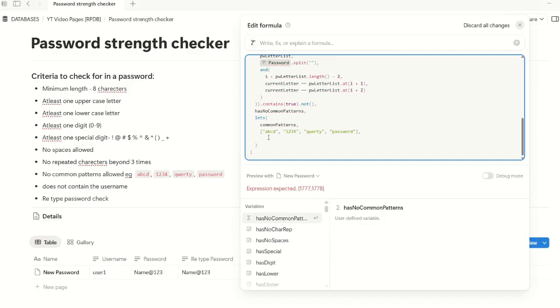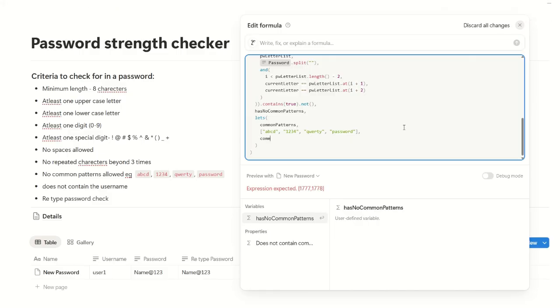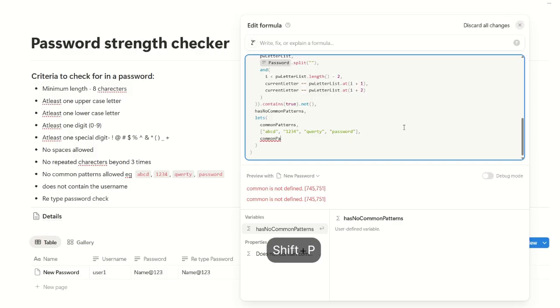What we have to do is we have to map through each of these patterns in this list, and then we have to check if that is in the password. And if that is in the password, we need to return a true. And at last after that, we need to check if there is any true in this list. And there should not be any true in this. So if there is not a true, we need to return true, something like that. So just do that here. So I need common patterns